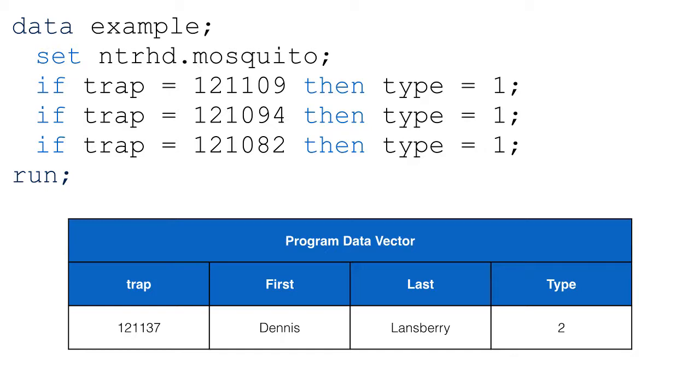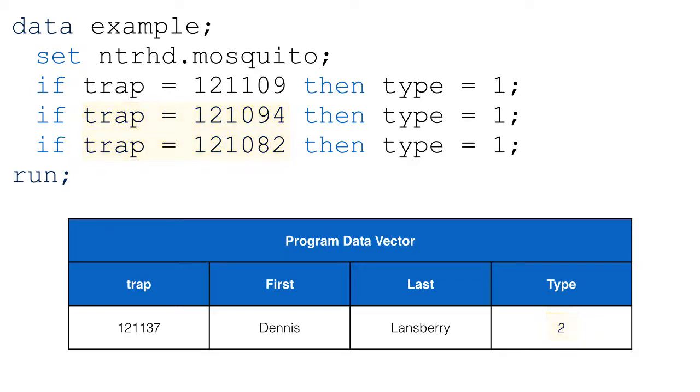If the trap number doesn't equal the specified value, the value of type doesn't change for that observation. In this case, the value of trap in the program data vector does not match the value in the first if-then statement, so the value of type remains 2. The expression in the next two if-then statements are also false, so type continues to have a value of 2